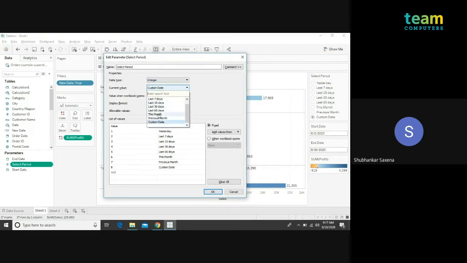The current value I will select as yesterday, and the values should be in list format. So I have given 8 different values and changed their display names. The value 1 will represent yesterday, then 2 is last 7 days, 3 is last 15 days, fourth is last 30 days, and so on till the eighth value, 8, which represents my custom date.